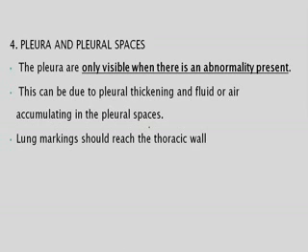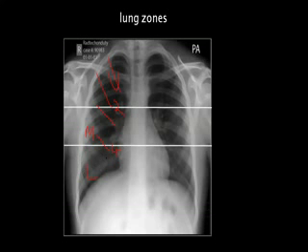Pleura on a chest X-ray is normally not seen. Unless there is an abnormality, we won't see any pleura on a chest X-ray. It's very thin, barely 2 mm. The only thing is that the lung markings which you are seeing here must be reaching up to the pleural surface. The pleura will be here, lining along the chest wall, along the diaphragm, and even along the mediastinum. All over this place there will be pleural lining, but nothing will be seen. Only when it gets thickened, or there is pleural calcification, or any loculated pleural effusion, you will see it as a thickening. If not, nothing will be seen. That is normal. So that is about the pleura.